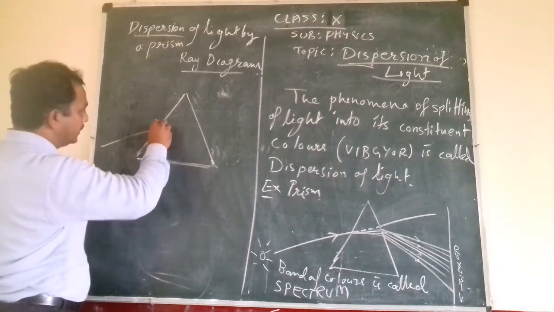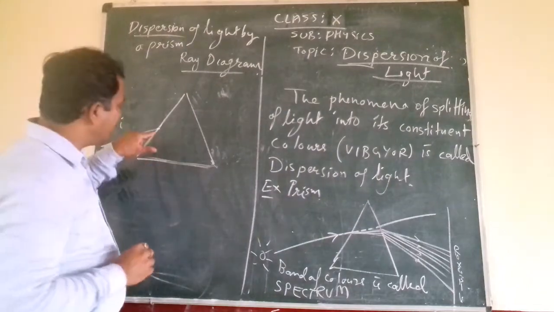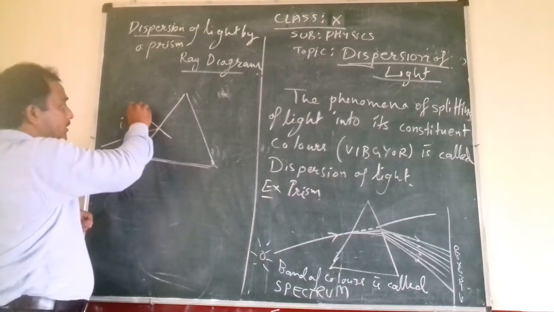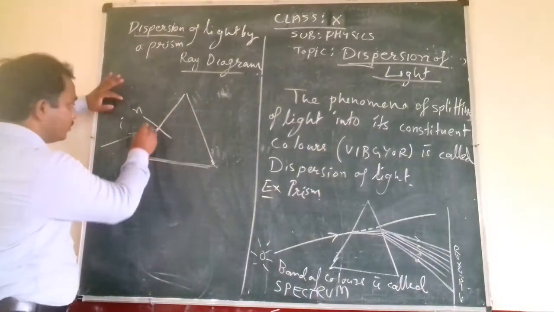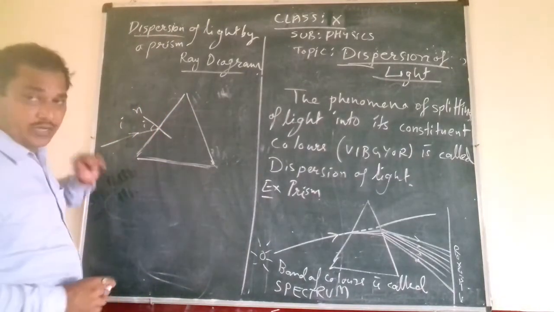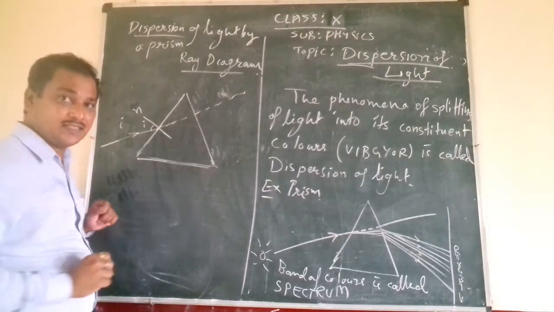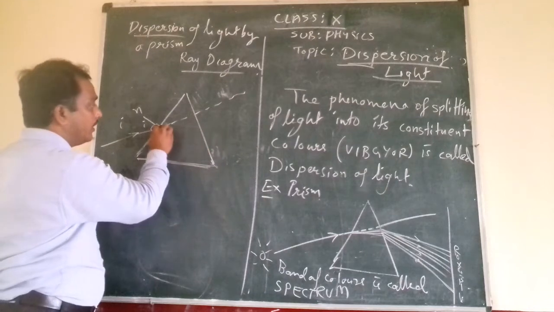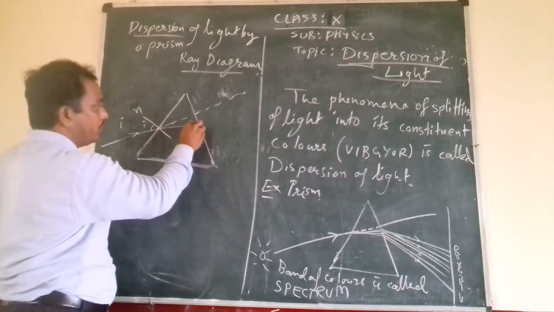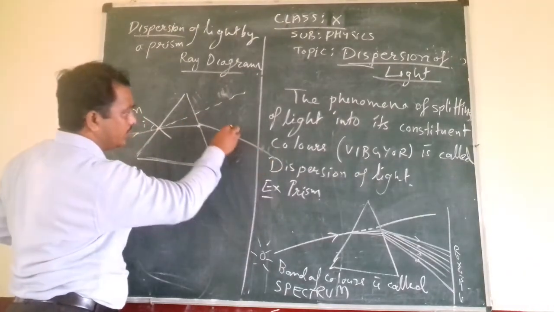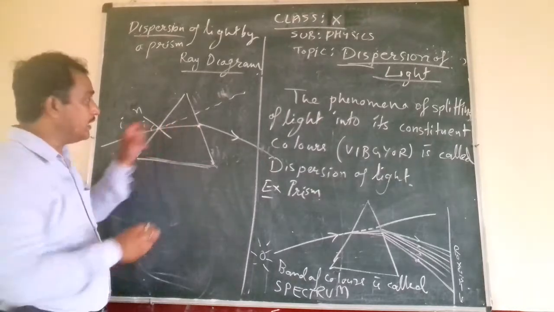For example, this is the ray which is entering the prism. So this is the incident ray. Where the ray is entering, we will draw the normal, similar to the glass slab which we did earlier. So this will be the incident angle. The ray will not go straight like this. Instead, it will bend and reach the other point, and from here it will come out. So this is the incident ray, refracted ray and emergent ray.